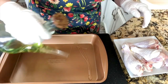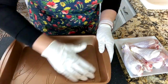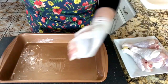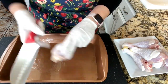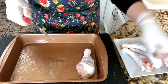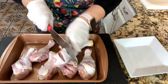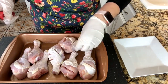To my baking dish, I'm going to add just a little bit of vegetable oil right on the bottom, just to cover it slightly, so that my drumsticks do not stick to the bottom of my baking dish. I'm going to make 3 cuts to the drumsticks, very deep, so all the ingredients go in completely. Look at this, just like that. Okay, these are done,